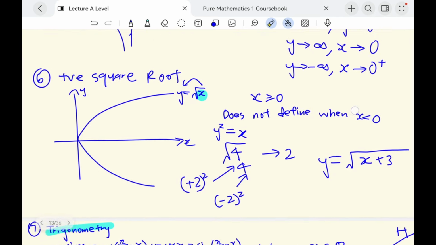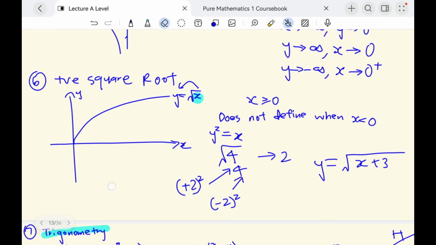Let's move on to the positive square root graph. As you know, what is the positive square root graph? The square root refers to this one, right? This is known as the positive radical graph, with the general form of y equals the square root of x. So how to draw y equals the positive square root of x? Imagine